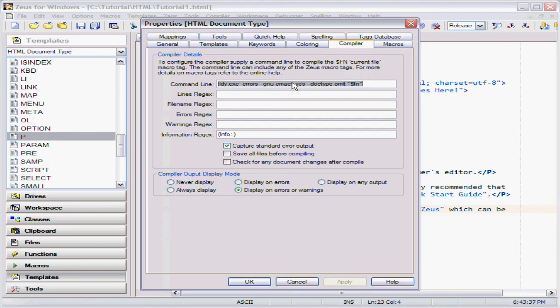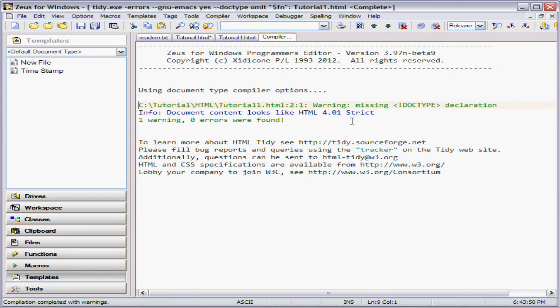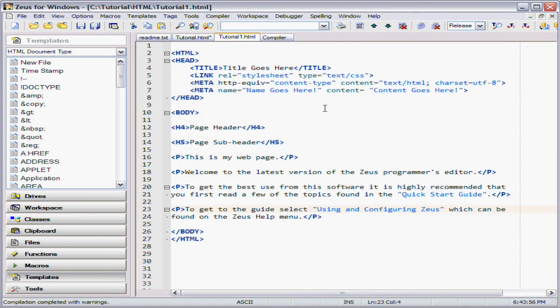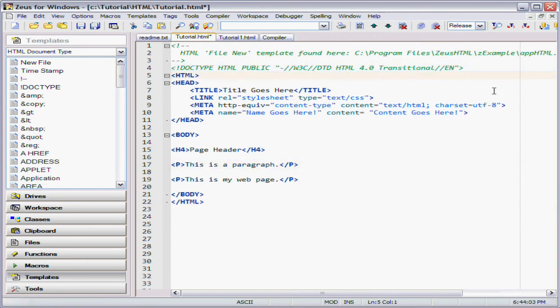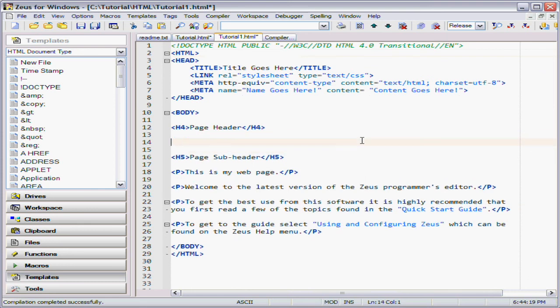We can save that. Now Zeus is a programming editor, so it has a compile feature, and in this particular case we've configured the compile option to run a tidy on it to show for any HTML errors. So as you can see, there's the command line it'll be running. So if I go here and I compile this, it's coming up with a warning, a doc type warning message. And as you can see, there is no doc type on that. So if I go back here, copy this doc type from over here, paste that into there. I could have actually used the doc type template right there, but now we compile it,